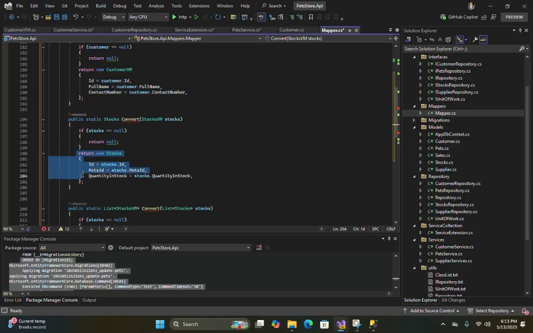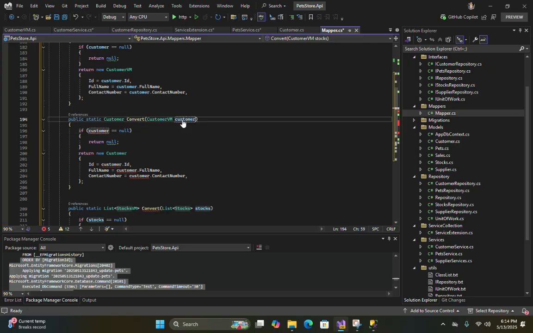Let's return here the customer, not the customer view model. Okay, so customer view model, and then this will be our customer.